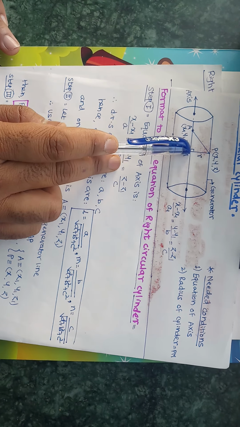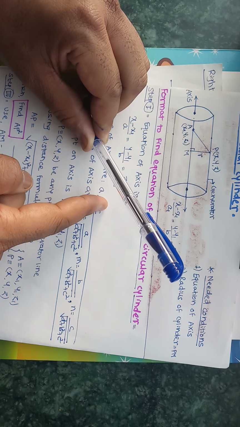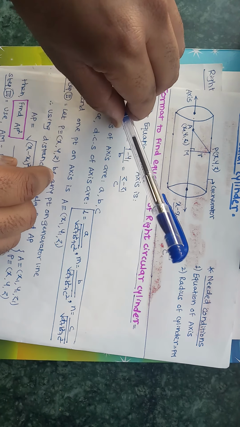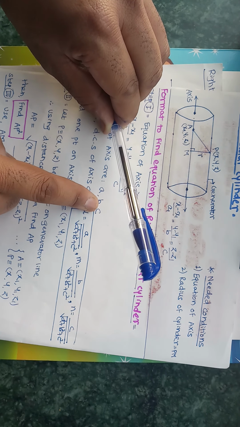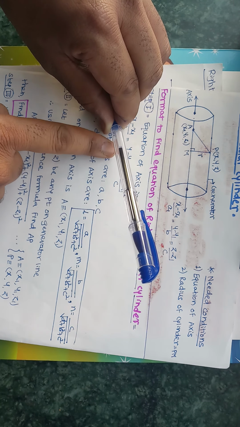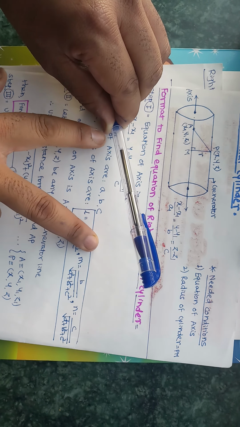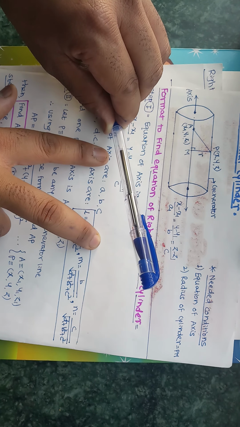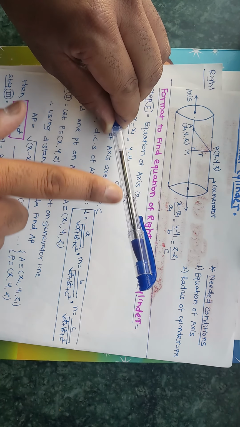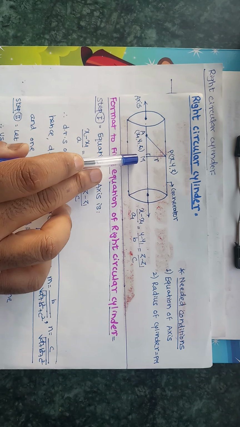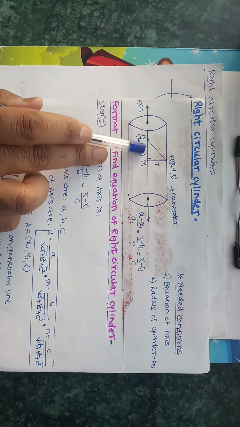I have already told you earlier, if I take this pen like this, it makes some acute angle. Not a right angle, some acute angle. And if there is a source of light from top to bottom, at a right angle, like sun rays, then on the ground the shadow of this pen will be only at a right angle to this point here, and this line will be the shadow. Obviously the length of the shadow is less than the length of the original AP line. So the shadow of AP on the ground is AM, that means the projection of AP on the axis is AM.